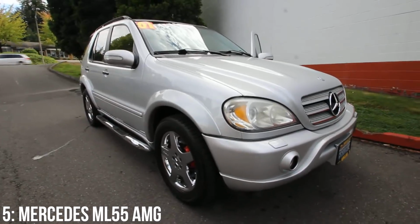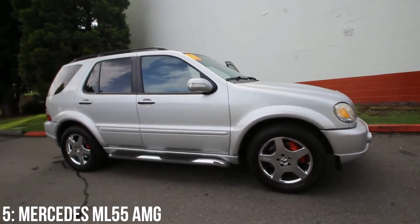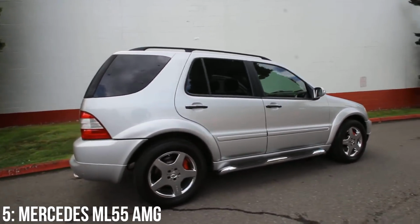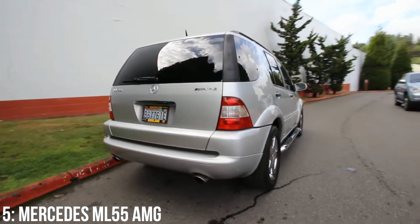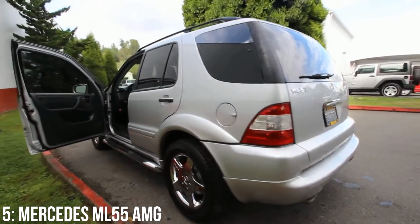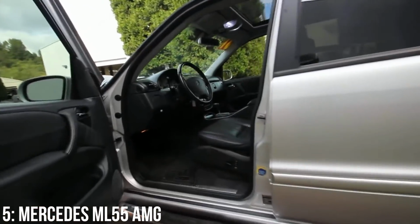Its styling is pretty uninteresting in my opinion, nothing that would draw your attention to it as anything more than an old, boring SUV, but that performance really does speak for itself. It's not even particularly more aggressively styled than any other M-Class cars, it just has what AMG refer to as power domes on the bonnet and a slightly different set of bumpers with the rear enabling 2 exhausts. The interior is pretty average for the time too, and as an SUV it's got an absolutely massive boot, so